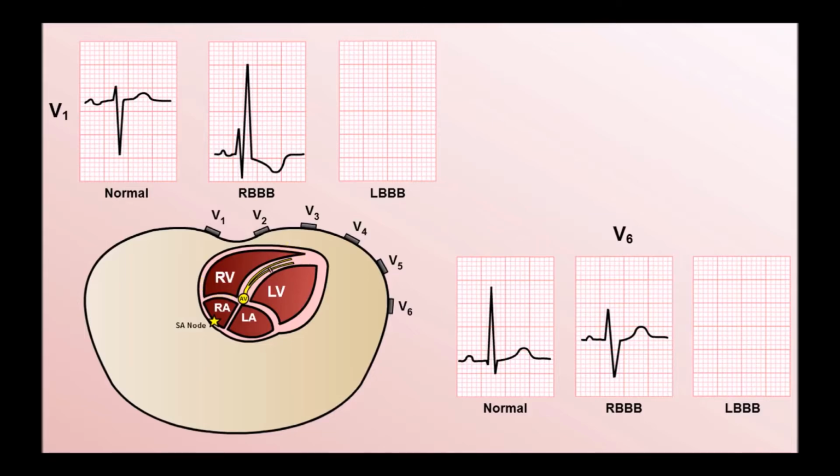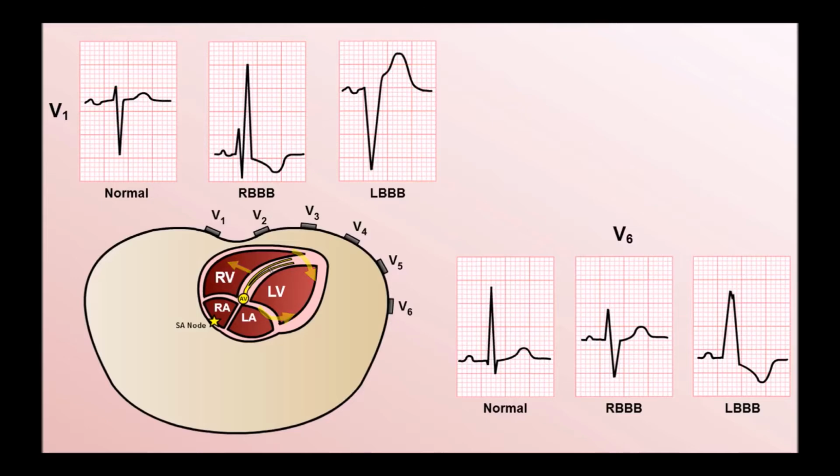In left bundle branch block, there is no left to right septal depolarization anymore. The septum may be depolarized first in a right to left manner, or may be depolarized later. Irrespective, the initial deflections are negative in V1 and positive in V6. There is then fast depolarization of the right ventricle, which is more or less concurrent with a slow depolarization of the left ventricle. The consequence is a deep S wave in V1 and a tall single R wave in V6,